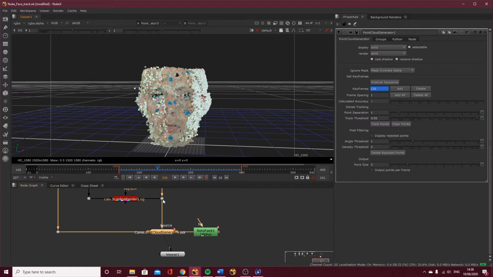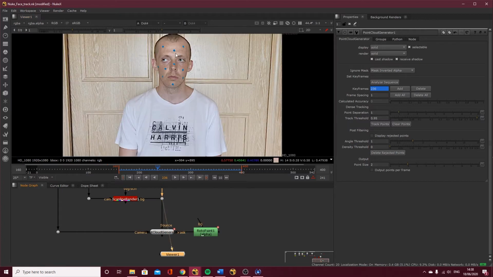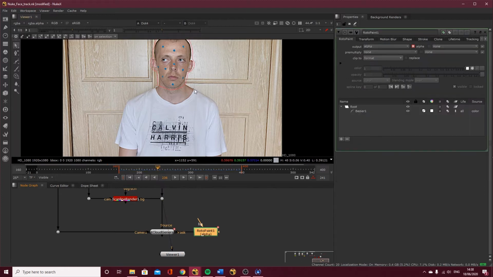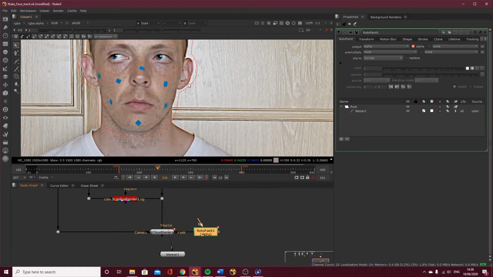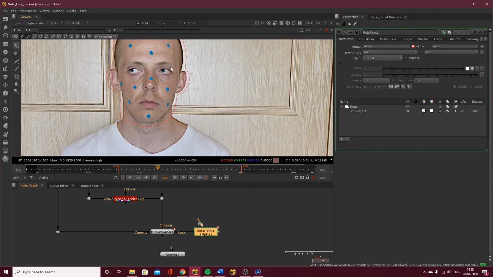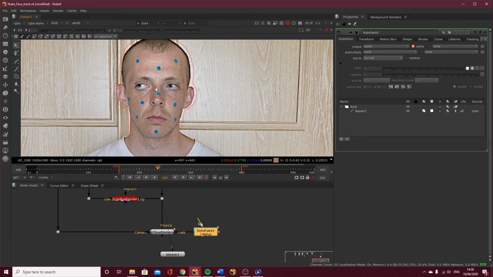If I view my footage, because it's used this roto, if I double click this roto, it's actually going to pick up points and pixels from within this bright area here. So that's where those bright pixels are coming from, because we're getting pixels from within this mask.